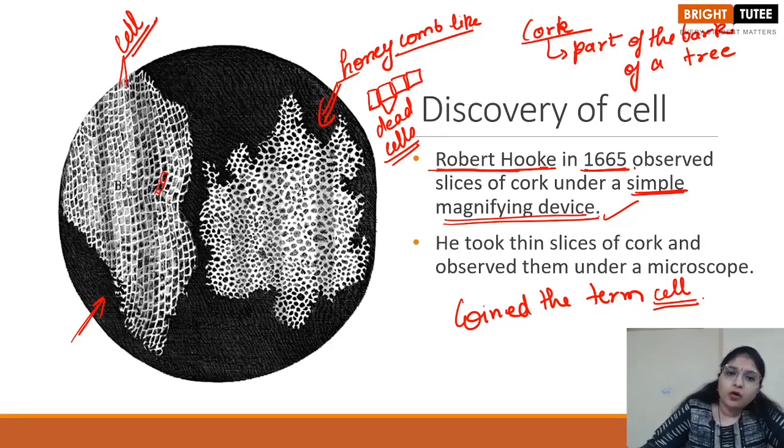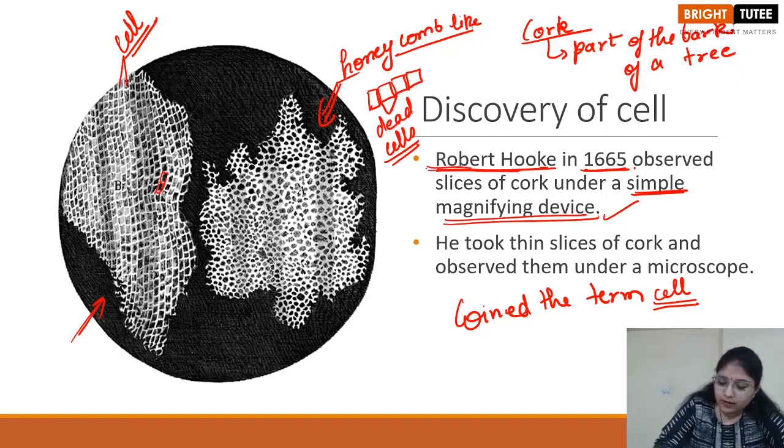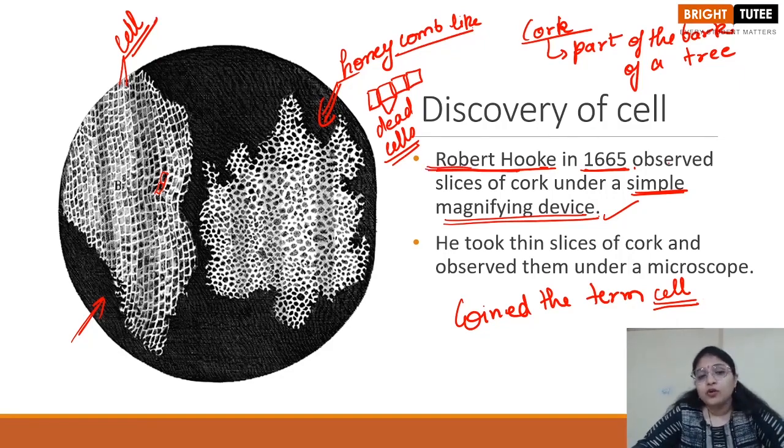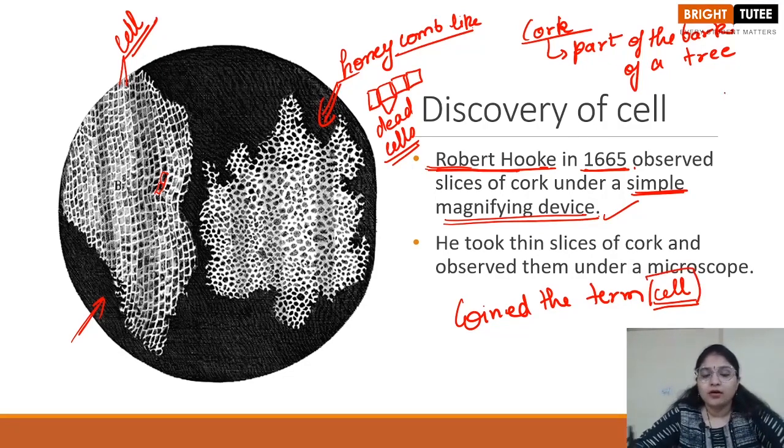So because of the microscopes that are present nowadays, which have very high magnifying powers, we are able to study the whole structure and function of the cell, right? But the credit goes to Robert Hooke, because he was the first person to discover the cell, and also he was the one who coined this term that we are using now in our daily studies,